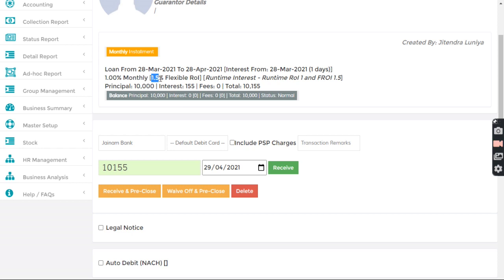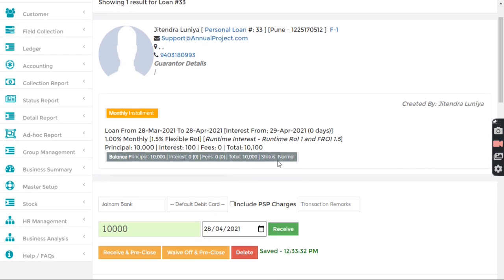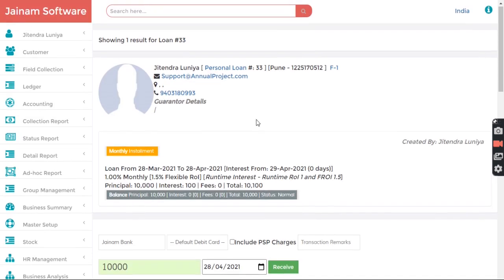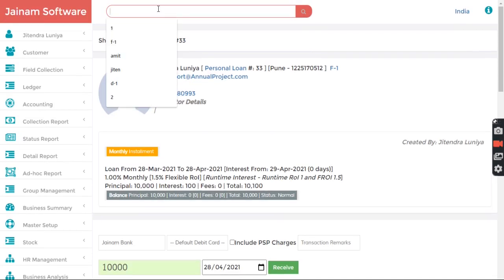It will be 1.5% flexible and the interest will be 155. I receive 100 as the installment for today, and hence no interest now, because 0 days.